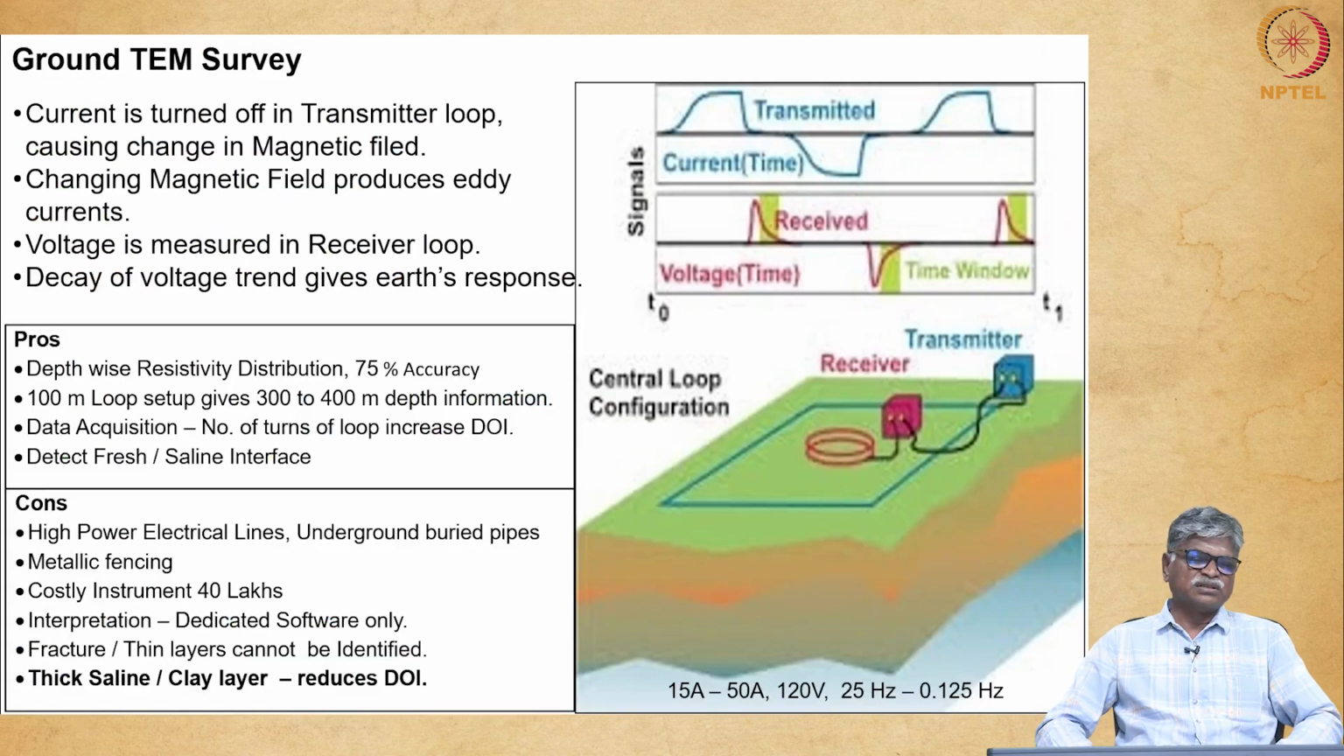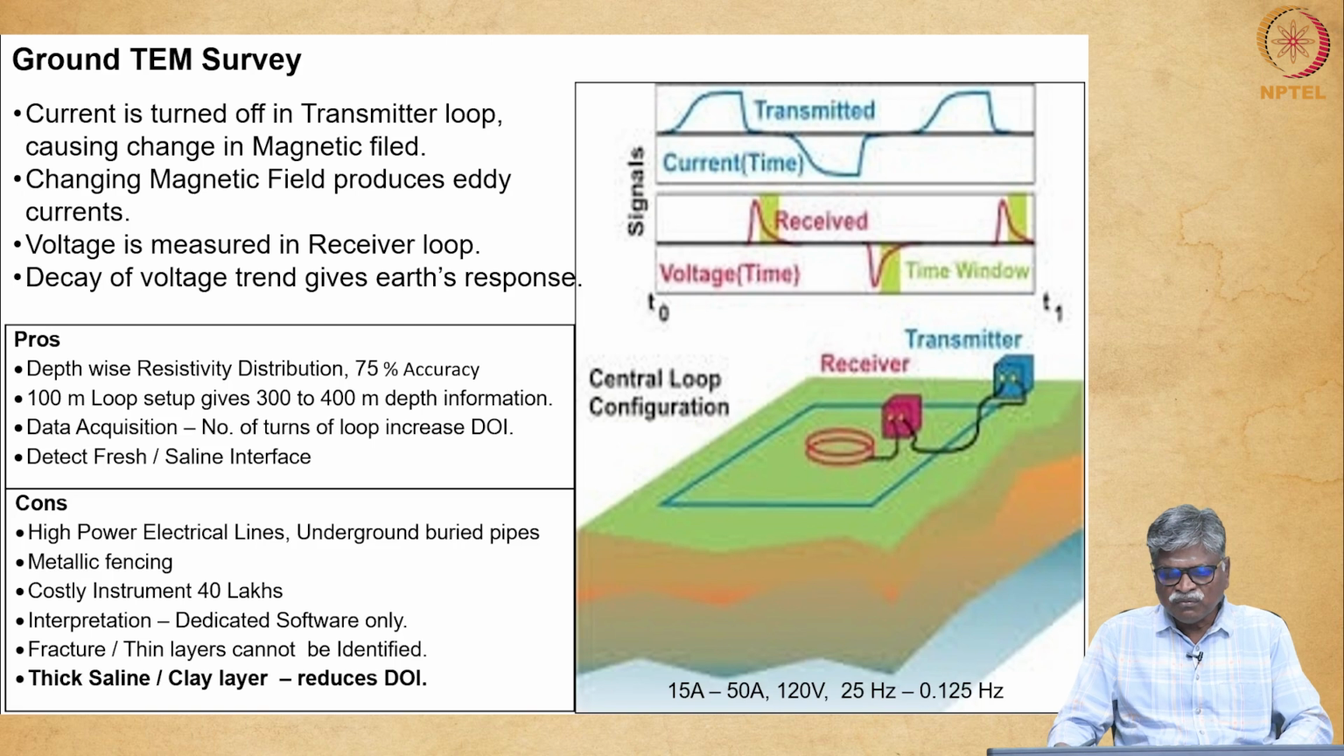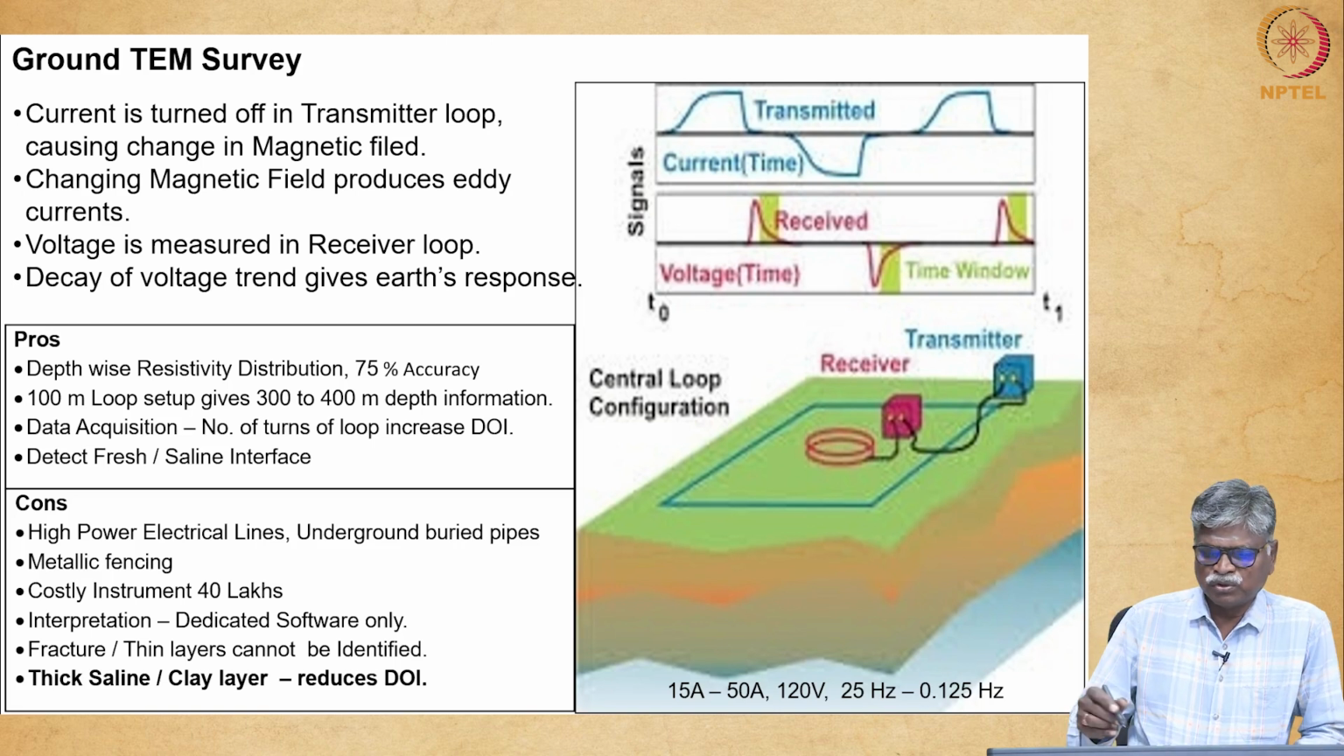Another advanced method is the ground TEM survey. It is a ground TEM electromagnetic method. Nowadays people are doing it. It is an imaging and electromagnetic method. Both methods are advanced methods. Everybody is doing this one, and for this also first we have to put one